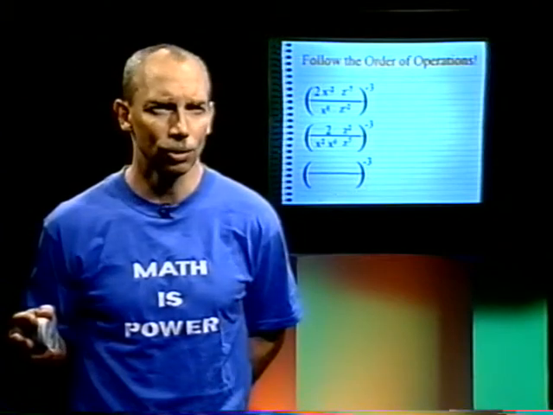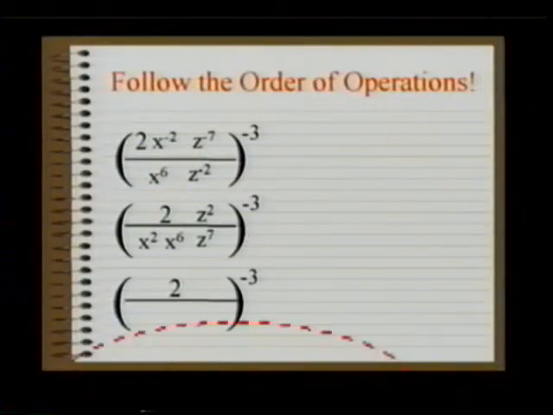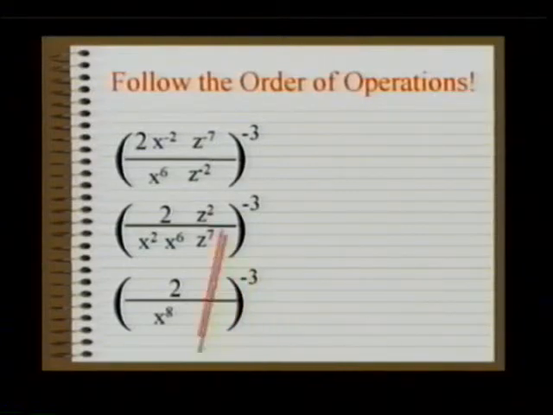Okay, now we'll complete what's in parentheses first using the order of operations, the basis of all algebra. Let's see. 2, you'll stay right there. X's you'll get together. X to the 2nd, x to the 6th, x to the 8th. And z's, once again, they'll cancel and put the answer where the biggest one was. Okay. Now,